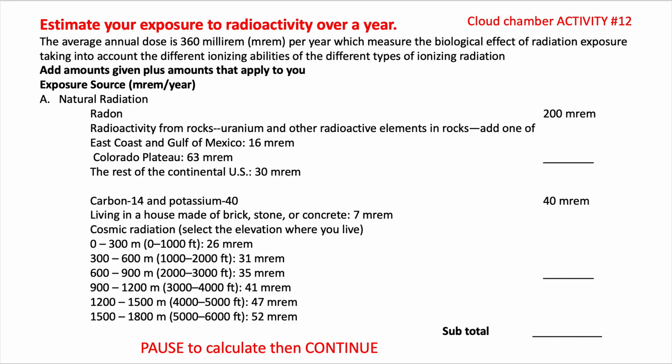Living in a house, brick, stone, concrete, you're adding some millirems. And then cosmic radiation is greater the higher elevation that you live. So pick your elevation of where you live and spend most of your time. And then add that as a subtotal, because you're going on to the next